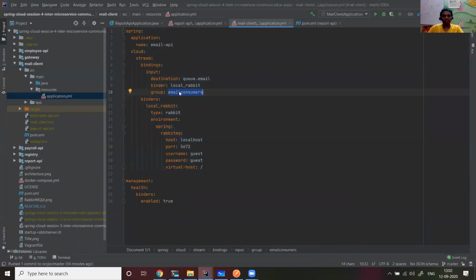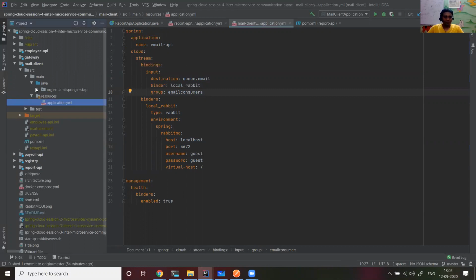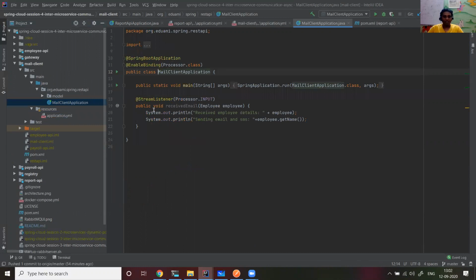I'm going to come back and explain what a consumer group is, and I'll show you a small demo also. So now it is saying that it belongs to the email consumer group. Okay. Now, what about my mail client, this simple thing. So enable